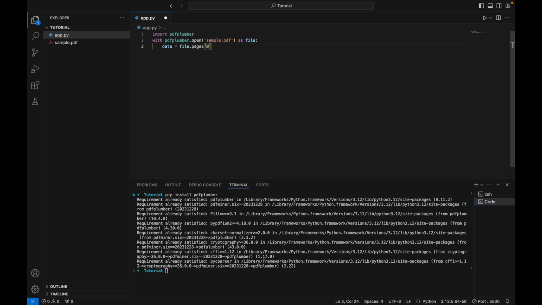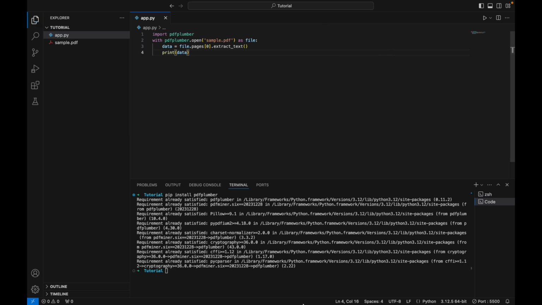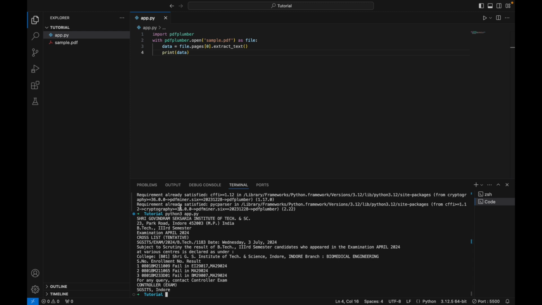I will give the index 0.extract_text. Now the data which is read from the first page of the PDF file is stored in the variable called data. To check, we can print the data and run our code. As you can see, the data from the first page of the file is being printed